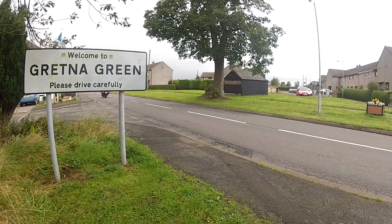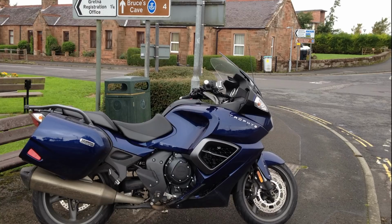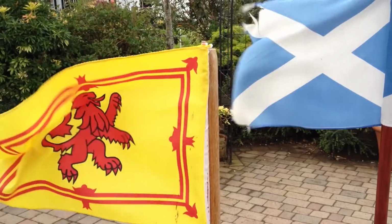And here is Gretna Green, where people used to come to get married if they weren't old enough to do so in England. It's now a bit of a tourist attraction. So needless to say,